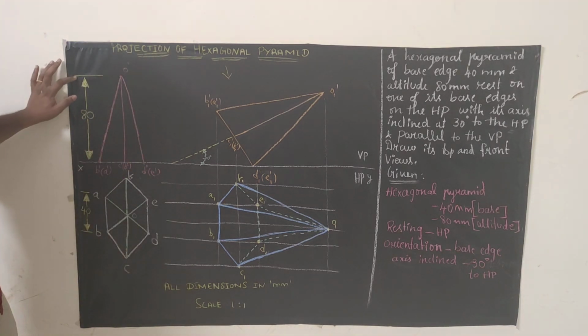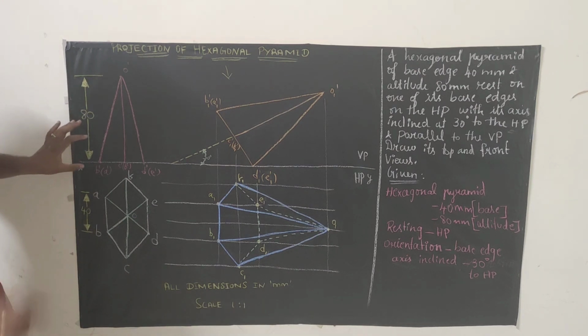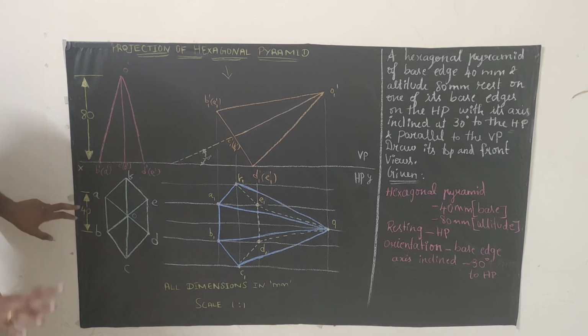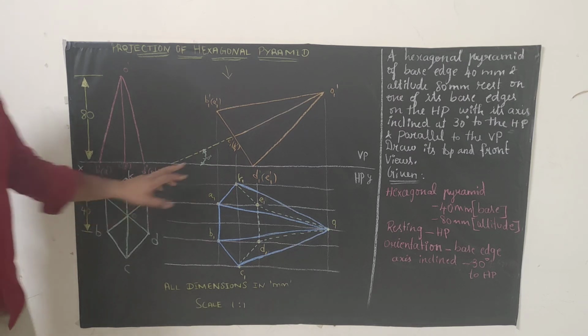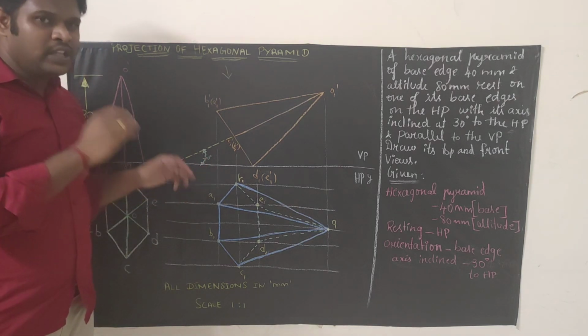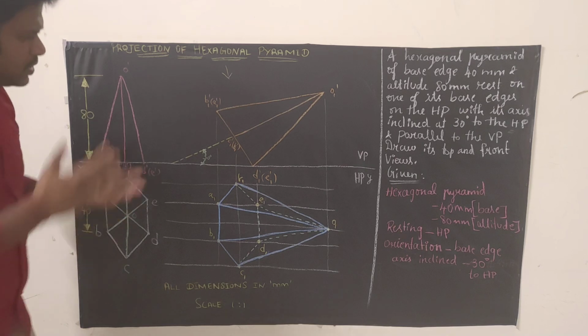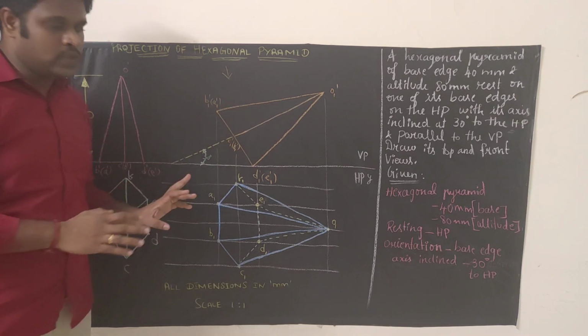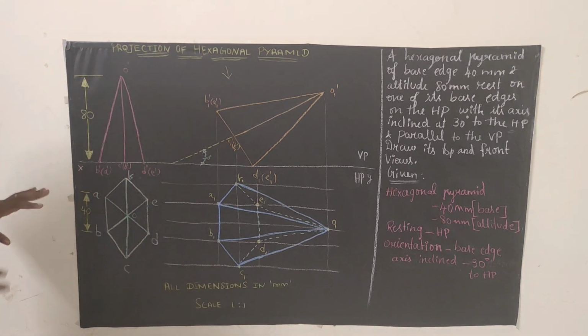This is the extension line. It should be drawn with your 2H pencil. This is the dimension line. It should be drawn with your H pencil, and the number 80 and arrowhead should be drawn with your HB pencil. Here also same: extension line 2H, dimension line H, 40 and arrowhead HB. And here you need to mark the angle, and 30 degree should be written in between. If there is very little space, you can write outside the arrowhead also. So I think the dimension part is also over.